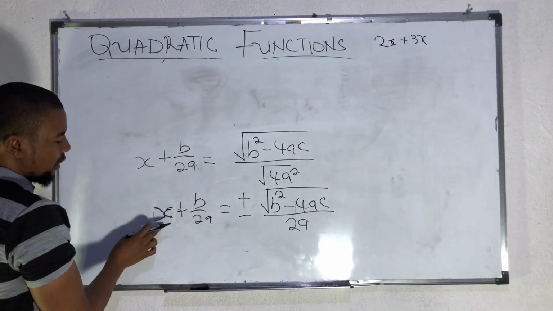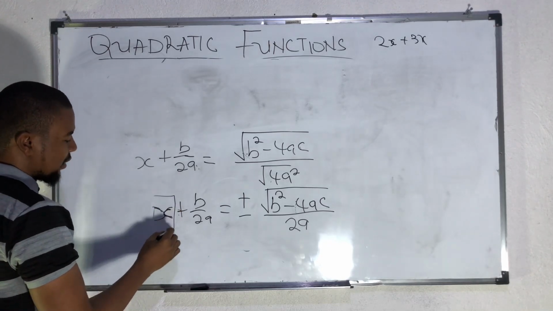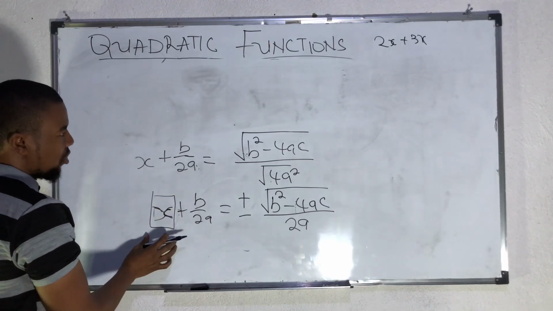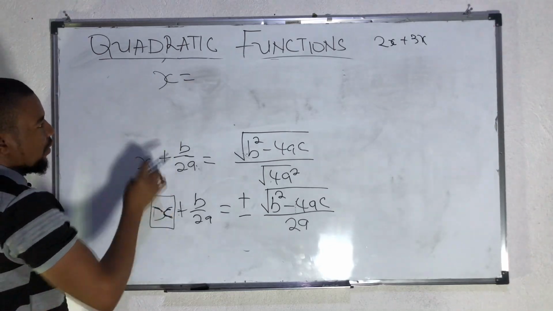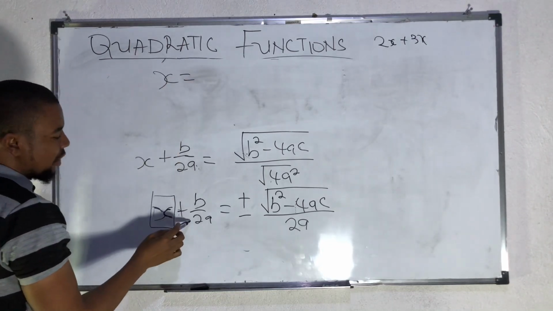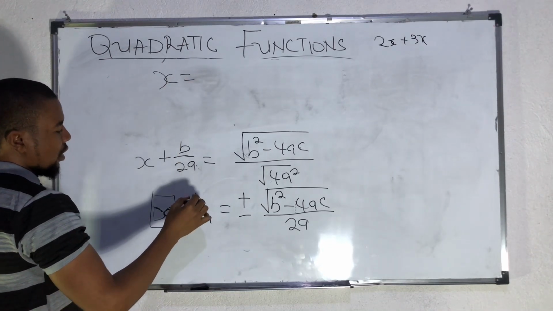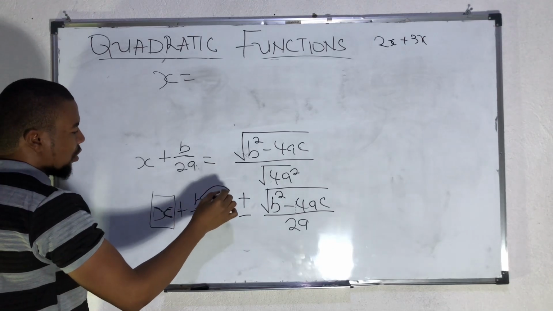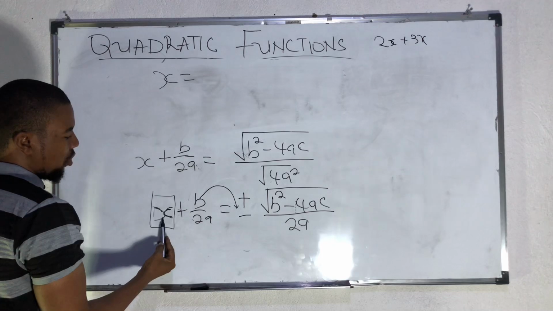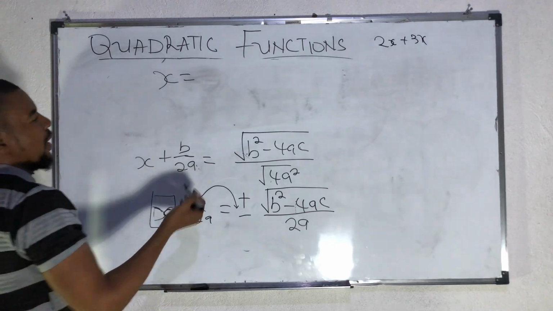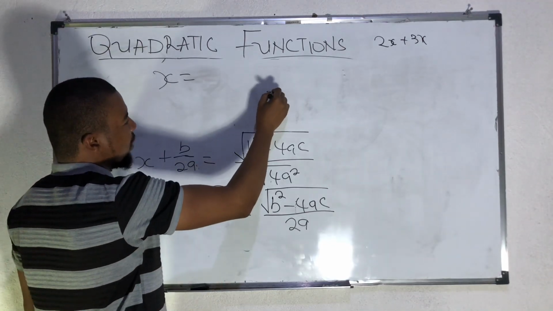Now let's isolate x to solve for the value of x. We need to find what x is. We're looking for the value of x. How do we find the value of x? Let me write it up here. x is equal to what? If we want to find the value of x, we simply isolate it, so this b over 2a would now go across. It's just like, for example, in mathematics, let's say you want to find x, let's say you have